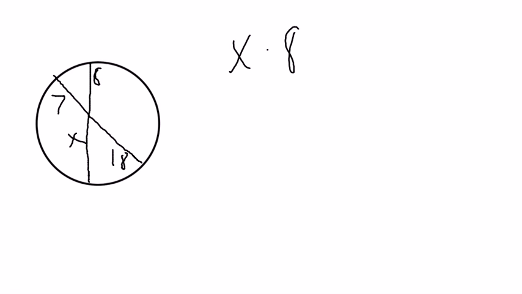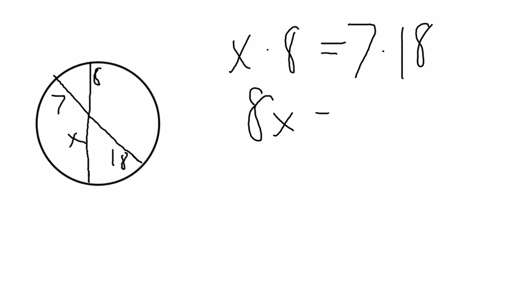All right, number 3, find the value of x. If necessary, round your answer to the nearest tenth. So here we go. We have two segments that intersect within the circle. This one is 7, this one's 18, this one's x, and this is 8. So what is the theorem that's going to help us in this case where they intersect inside a circle? The product of the two segments on each one are going to be equal to each other. Alright, so now you just have to solve the equation. So 8x equals 7 times 18,